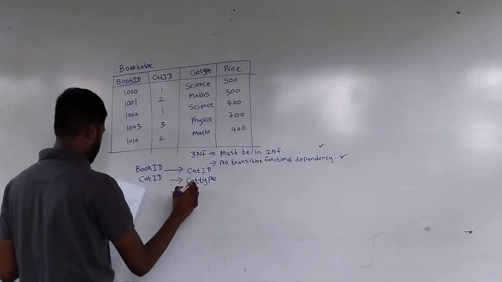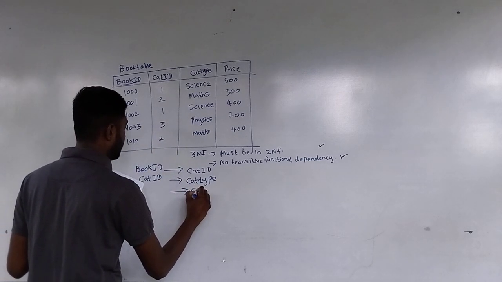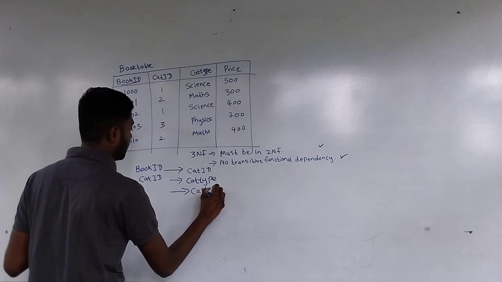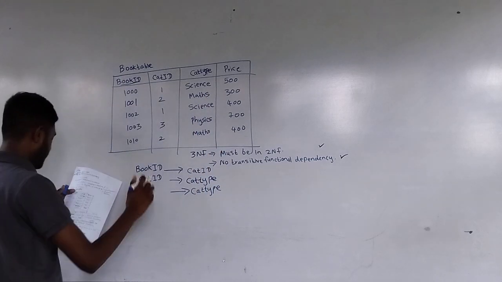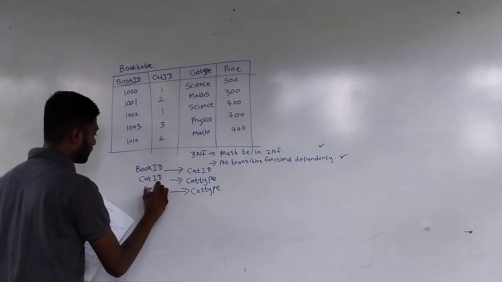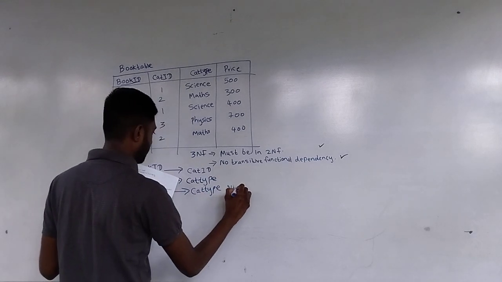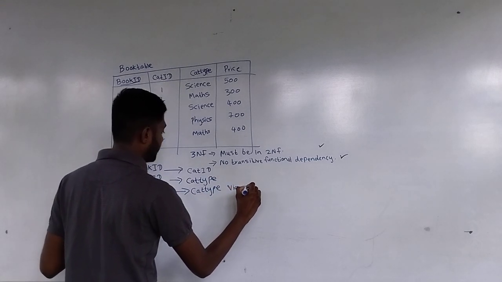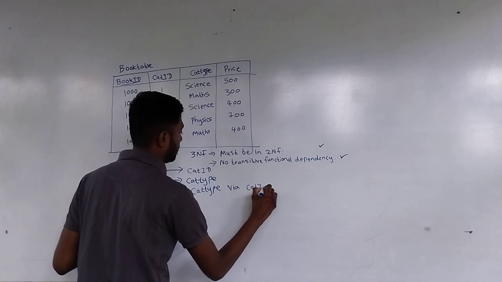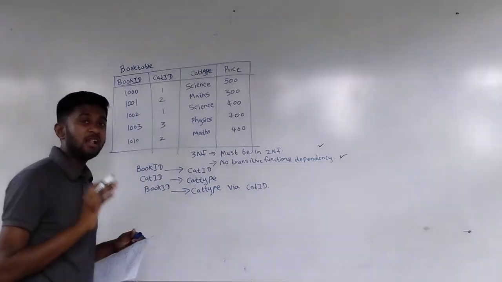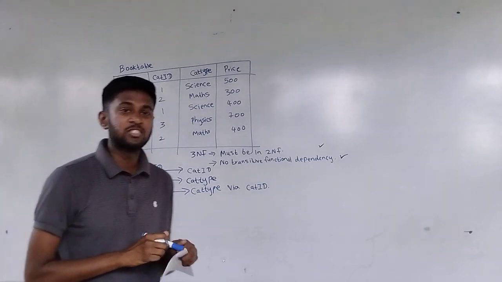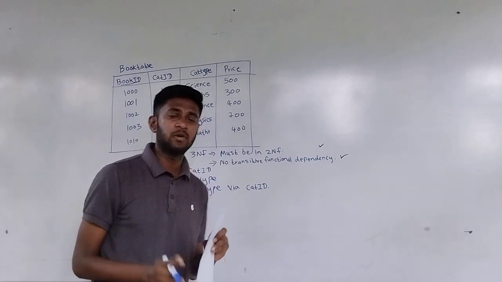That's the logic. So here I can say cat type is dependent on book ID via cat ID. This is the real definition of transitive functional dependency, but for examination purposes you can remember